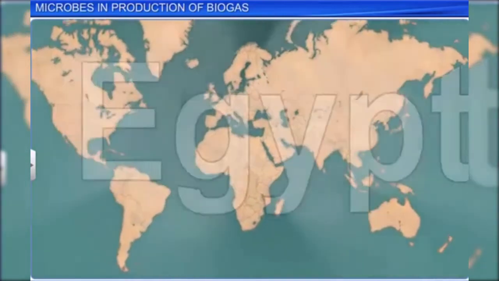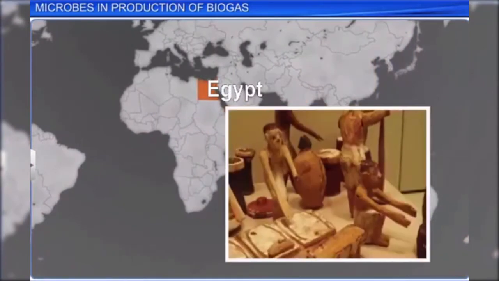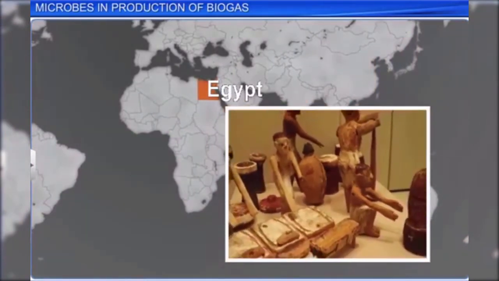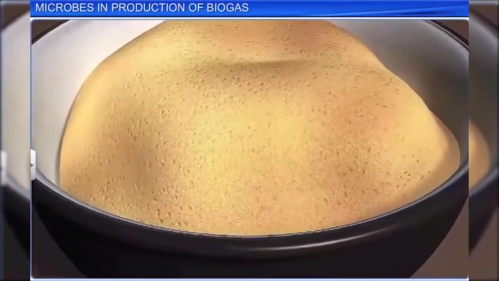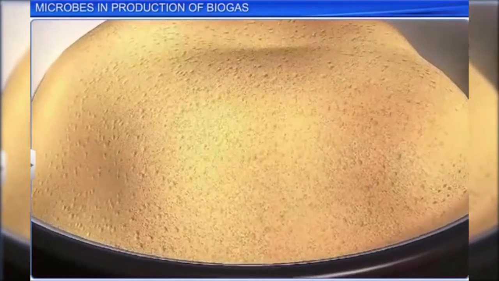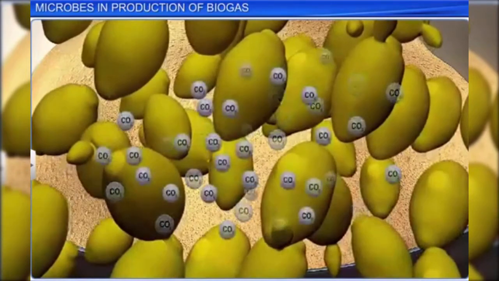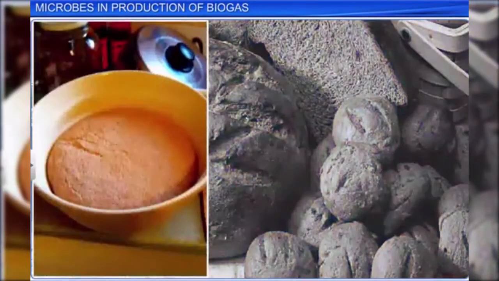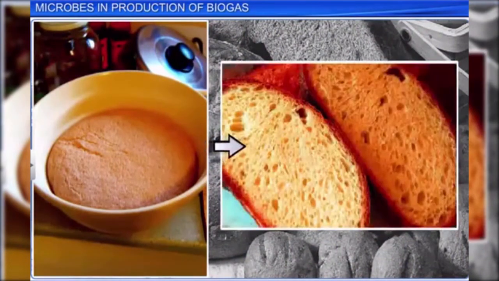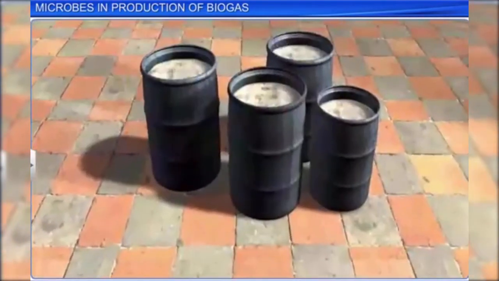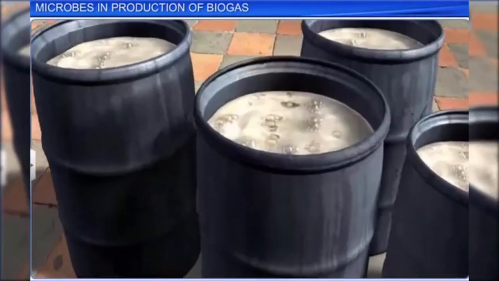For thousands of years, since the time of ancient Egypt, yeast has been used for baking and fermentation. With time, it was observed that dough rose during the bread-making process due to the exhalation of carbon dioxide by yeast. When bread is baked, the carbon dioxide escapes, leaving a porous and light bread. Similarly, during fermentation, to prepare beverages and cheese, the main gas that yeasts produce is carbon dioxide.